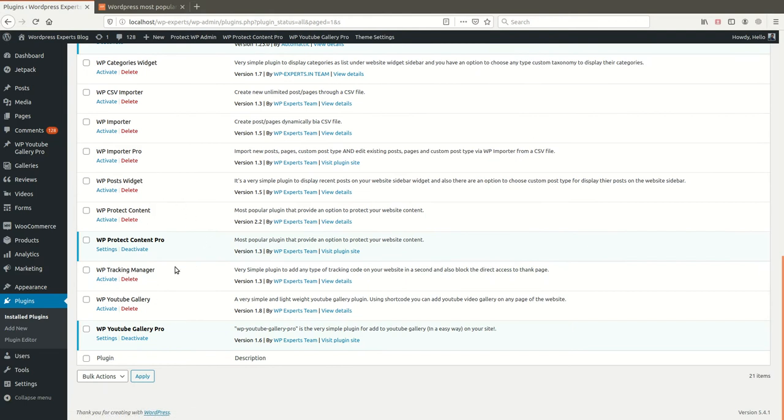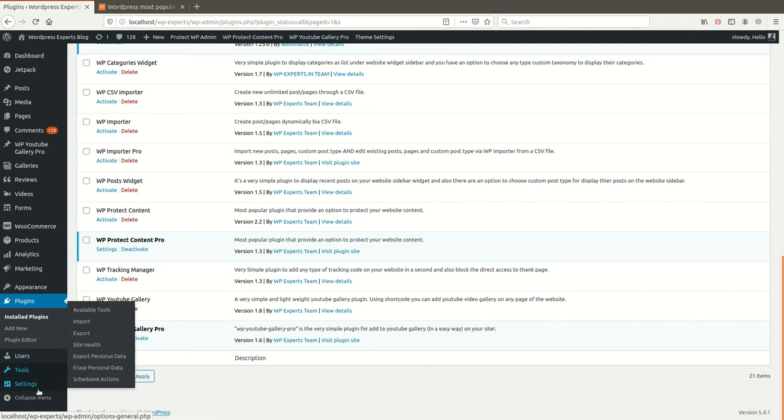During the install and activation of our add-on, you will notice that our free version has automatically been disabled. It means after configuring the add-on settings you can delete our free version, as we have already included all the features of the free version in the add-on. It is not required, so you can delete it after configuring the plugin settings. You can find the settings in three ways: using the settings button, the admin menu bar, and under Settings as well.